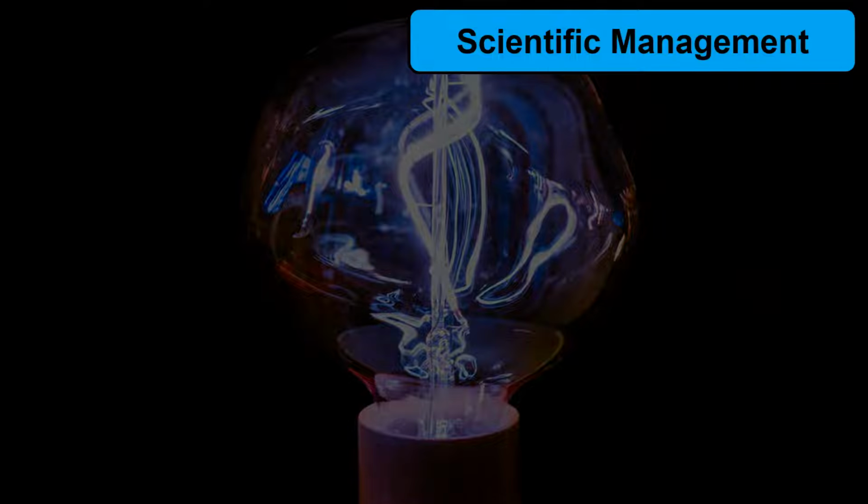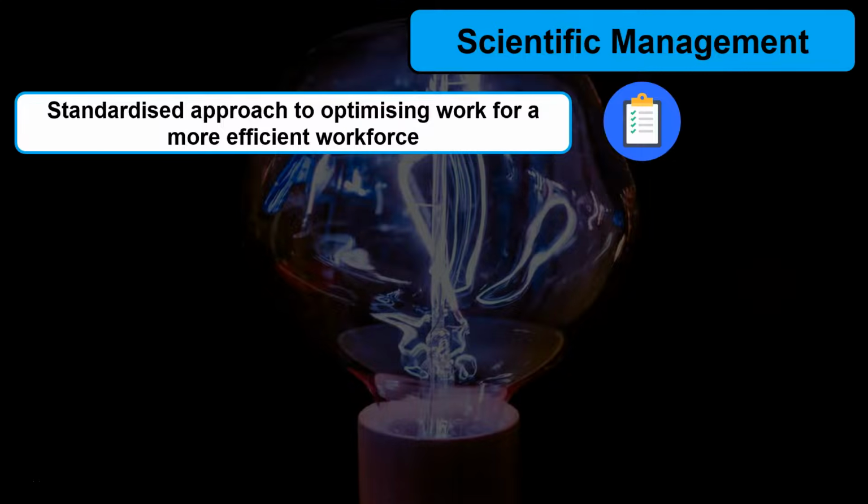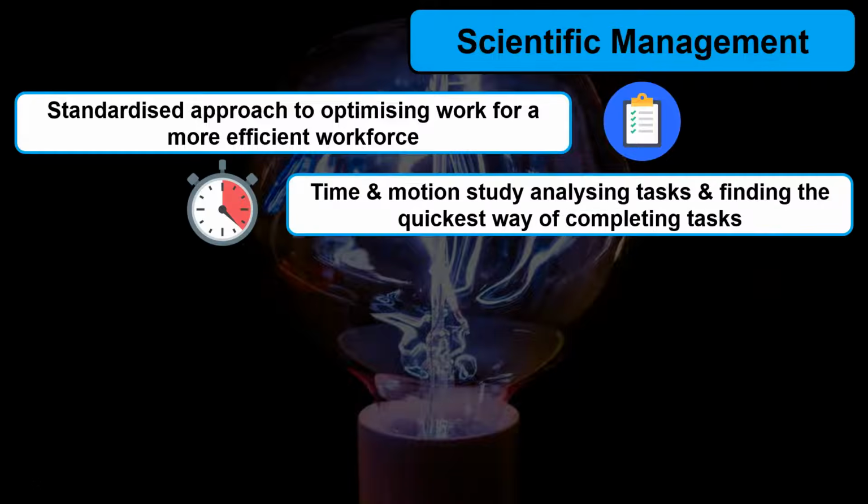Scientific management. These are the key concepts of Taylor's scientific management theory. The basis of the theory is that you can use science to simplify job roles and in turn increase productivity. It was about taking a standard approach to optimising the work for a more efficient workplace. To do this, Taylor introduced the idea of a time and motion study. It basically meant that managers would analyse employees' jobs by breaking down the tasks and timing how long each task would take. It was all about identifying the quickest way of completing a task and then replicating that across the